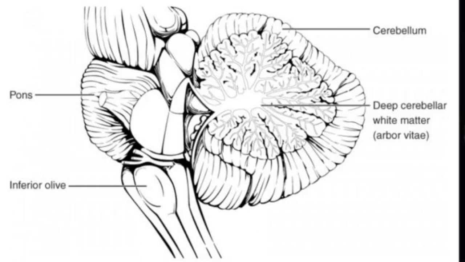If the primary motor cortex of the frontal lobe sends a command down to the spinal cord to initiate walking, a copy of that instruction is sent to the cerebellum. Sensory feedback from the muscles and joints, proprioceptive information about the movements of walking, and sensation of balance are sent to the cerebellum through the inferior olive,